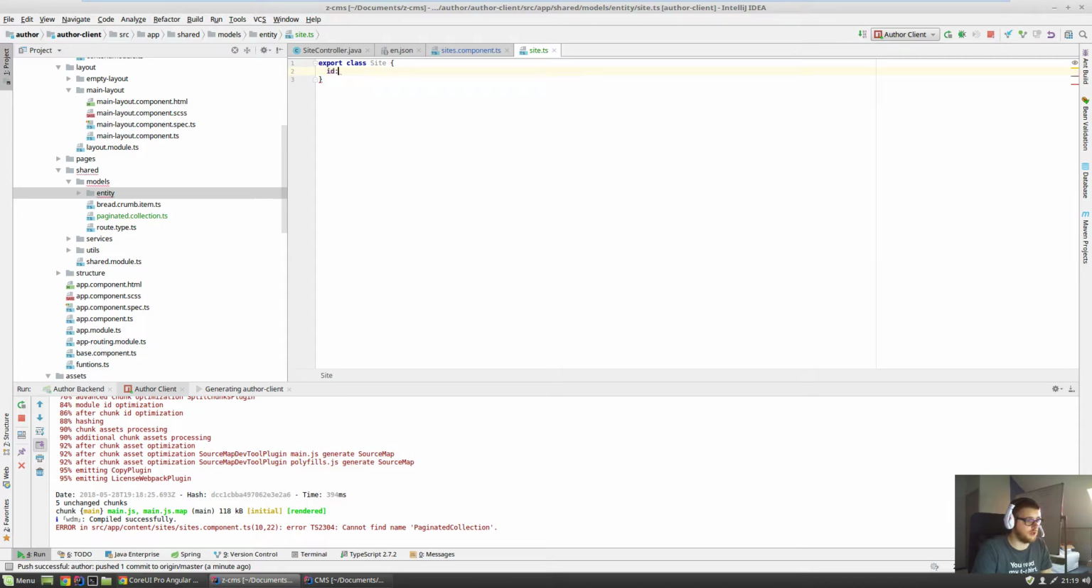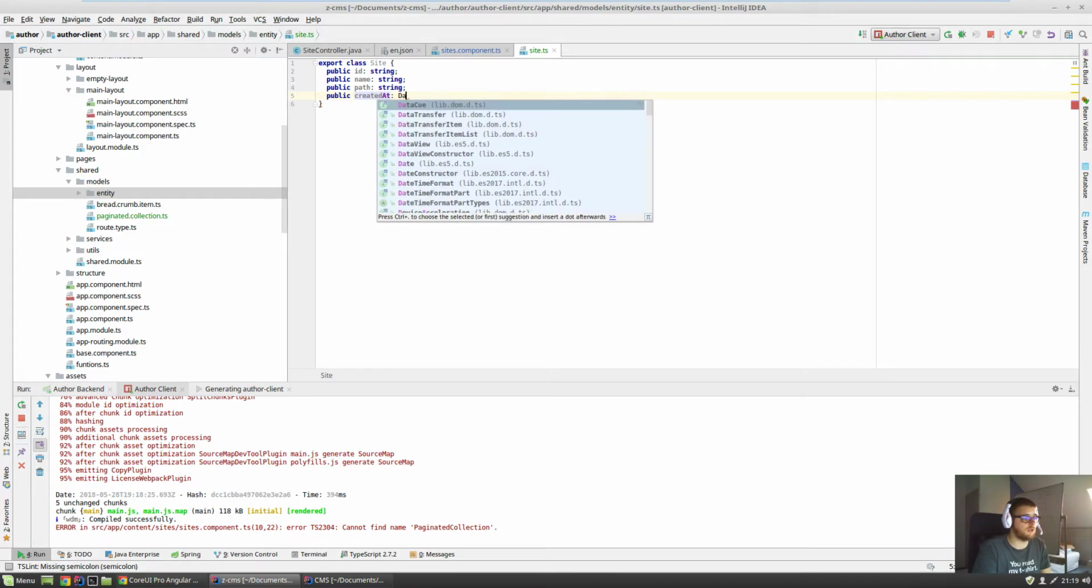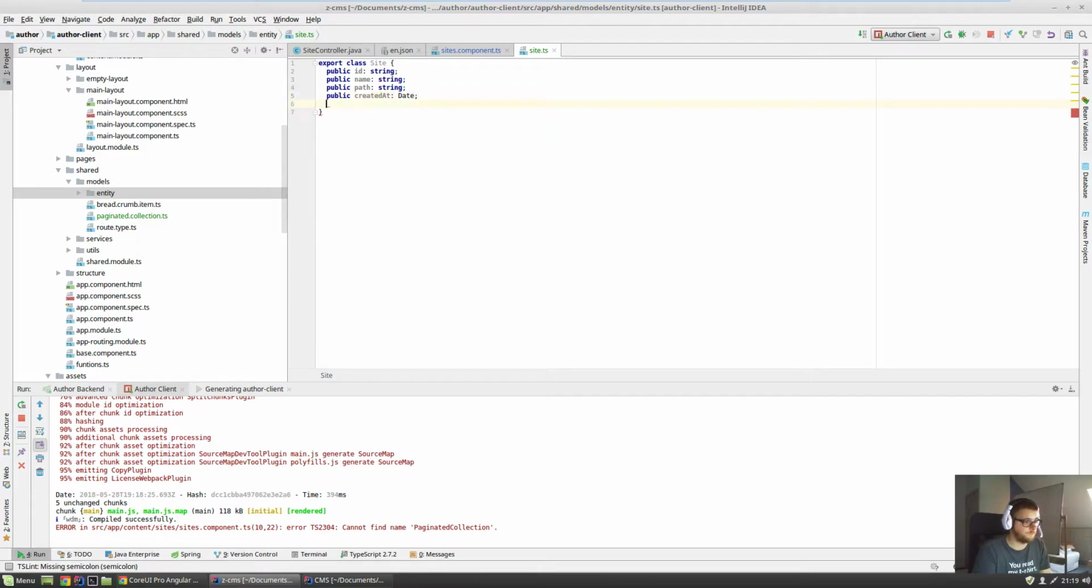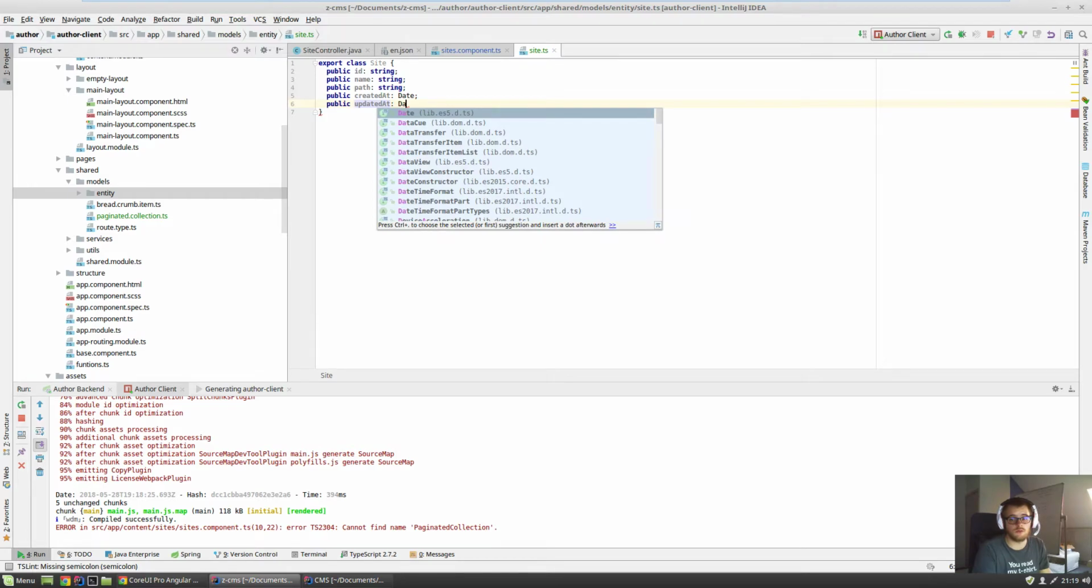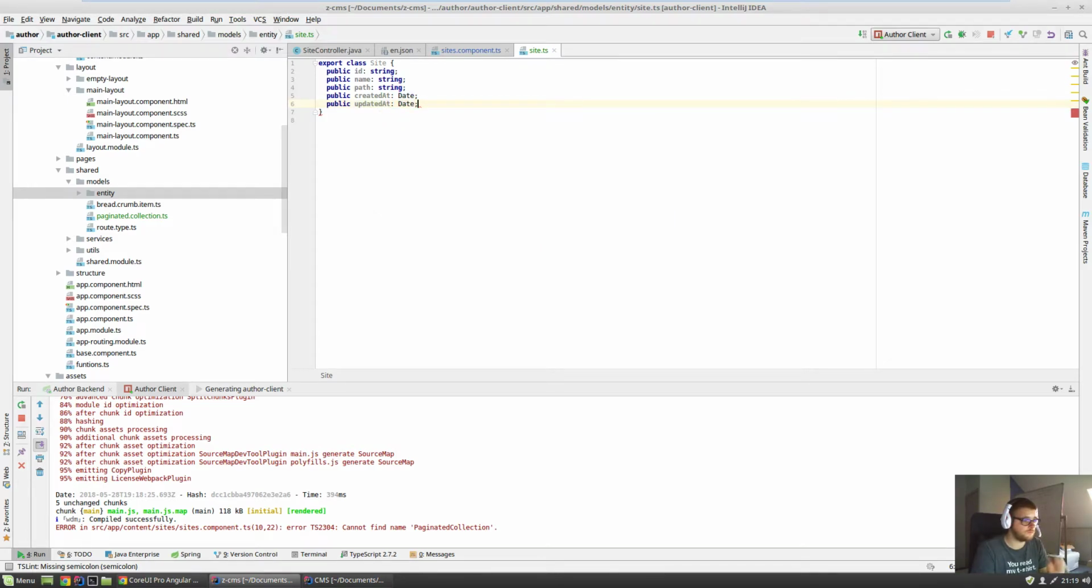It has an ID. I will create a public ID, which is a string. Has a public name, string, a public path, string, public createdAt, which is a date, public updatedAt, which is as well a date. Okay,